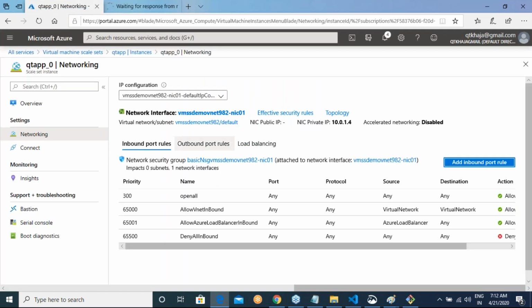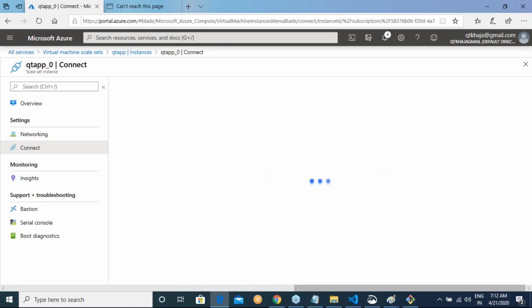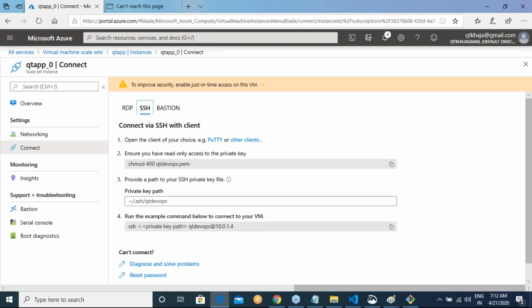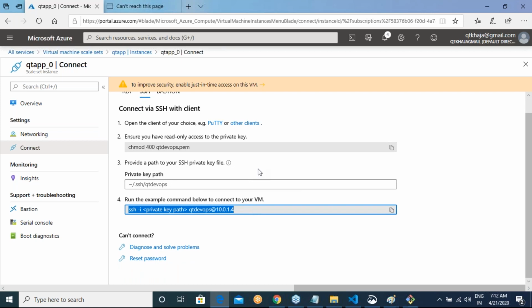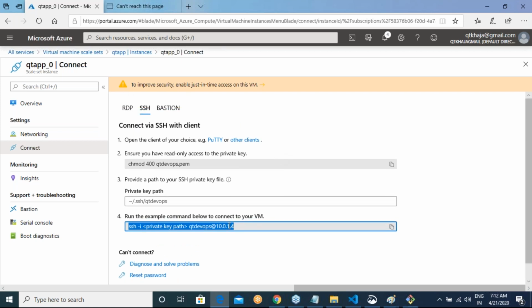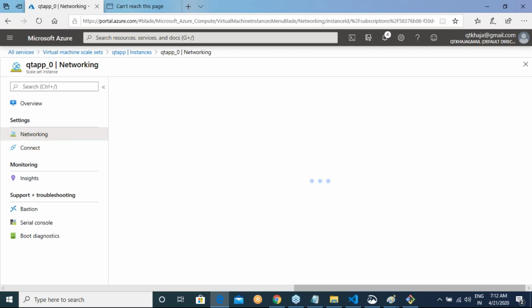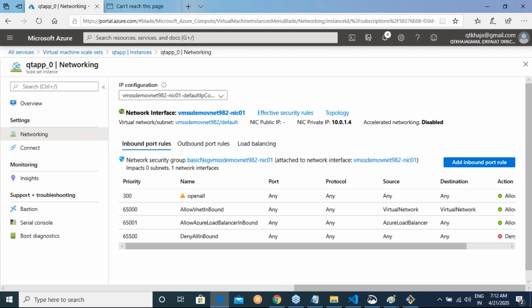Generally, whenever something like this goes wrong, are you seeing these things, support and troubleshooting? And are you seeing connect? This connect should be the only option that should be helping you out now. But the problem which I have is, I cannot get into this machine because this network is private. Now we are all stuck. We are in some kind of a problem. So is there any way to resolve it?